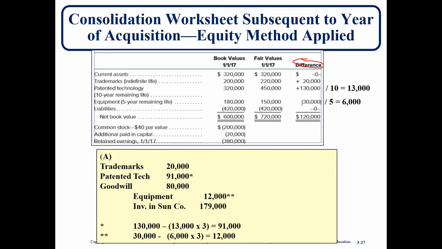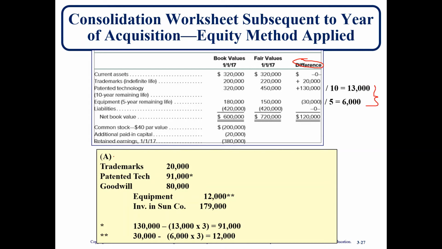The net difference came out to 120,000. Now, the trademarks has an indefinite life, so we don't need to worry about that. Patented technology and the equipment do have a useful life. So remember that this is going to come into play in later